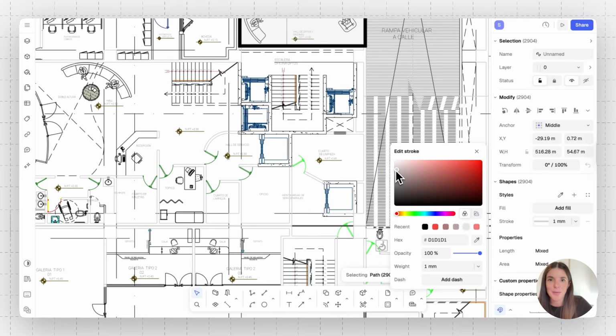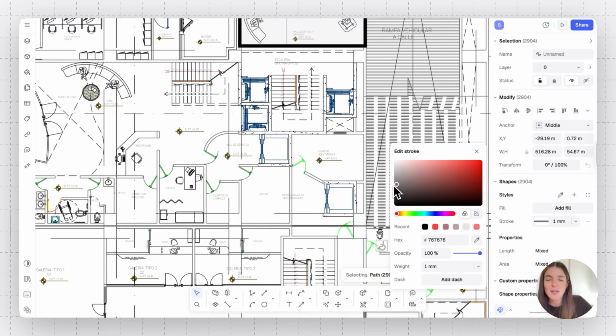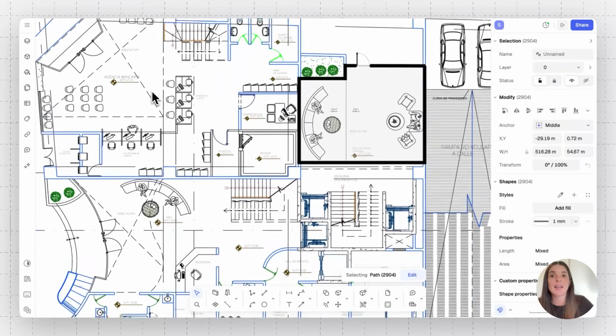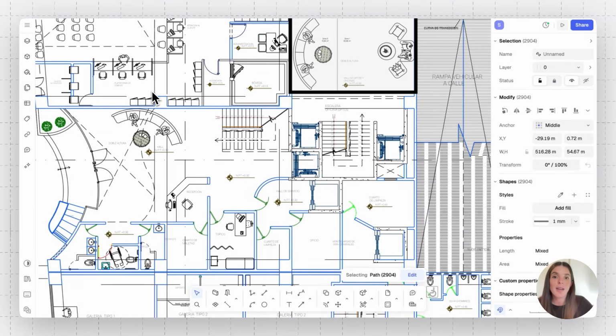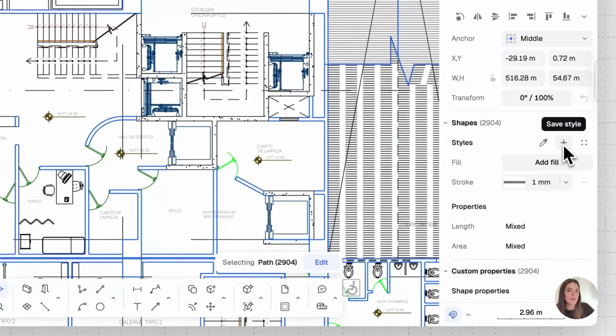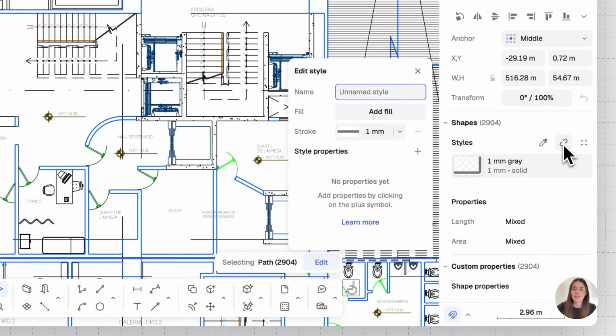We could even go much lighter if we wanted. So this is where you can set up the settings of existing styles and select things that are saved in batch. You can then also save a style. So let's say that I want to save this style right now. I can go ahead and click on the plus button and name it. Let's call it vector walls